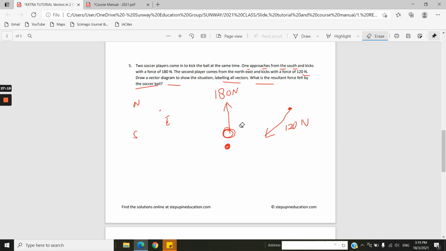Okay, so you have two vectors. How to add? One person kicks the ball this way, another person kicks this way. So where does the ball go? If you see, you can use the parallelogram, or you don't use that method, you can use, okay, I just teach you the resolve vector method. So this is the first